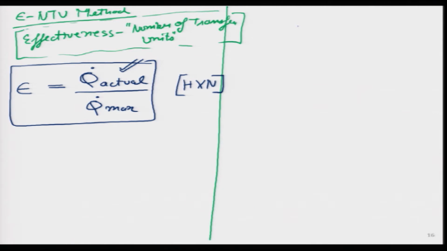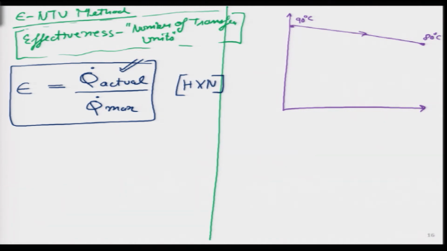In order to introduce that concept, let me make some drawings over here. I am going to take the case of counter flow, and the same example that we have taken earlier, slightly modifying the temperatures. Let us say this is my hot fluid, which comes down from 90 degrees to 80 degrees. Maybe I will draw it with red color so that it is consistent throughout. This is the hot fluid, and my cold fluid goes from very low temperatures to over here. So, this is the cold fluid.